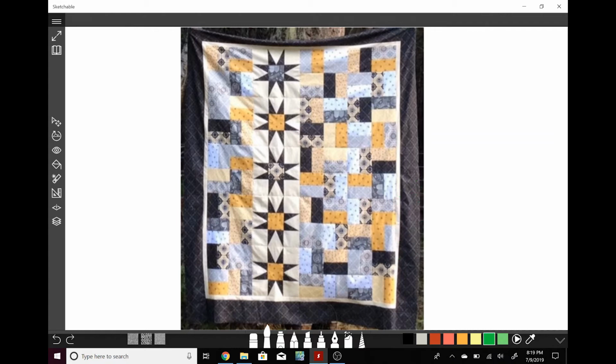If the cross hatching of the border is kind of light, and for some reason in this picture it just shows more, but if in person it's not very obvious that that's what that fabric is, then another option would be to create a completely different secondary design. So I would take an element of the quilt design in the main portion of the quilt and use it in the border. So to me, immediately what I would want to do is choose the spikes of the stars and maybe create my own template or just figure out what the angle is and do something similar to that shape